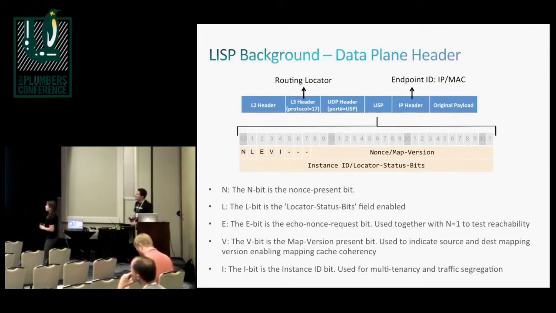That's the generic Lisp. There are extensions to support MAC and IP, which would look very similar to VXLAN. And as you see, the Lisp header actually is very similar to VXLAN. The only difference is that a few more flags are defined. And actually, flag number 4, which is instance ID in Lisp, is identical to VNI in VXLAN.